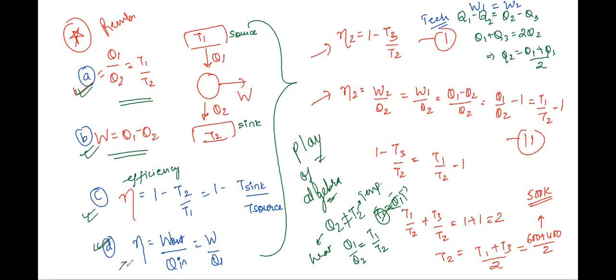And the efficiency is work done, sorry, output by input, so W by Q1. Absolutely correct. Now, very clear. Is the concept crystal clear to you, Atul, after this? Yes, sir. Right. So please note it down, everyone. Please note down this. And once you have done it, please raise your hand so that I'll know that you have noted it down, and we'll move ahead.